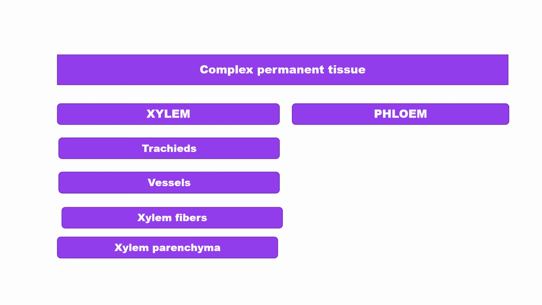Vessels are multicellular, syncytic elements where vessel elements are joined end to end to form the vessels. These are more efficient in water conduction than tracheids. Whereas xylem fibers, which are more lignified and longer than tracheids and vessels, mostly function for mechanical support. Whereas xylem parenchyma, which is the only living tissue, is helpful in storage, wound repair, and also helps in water conduction and water balance.